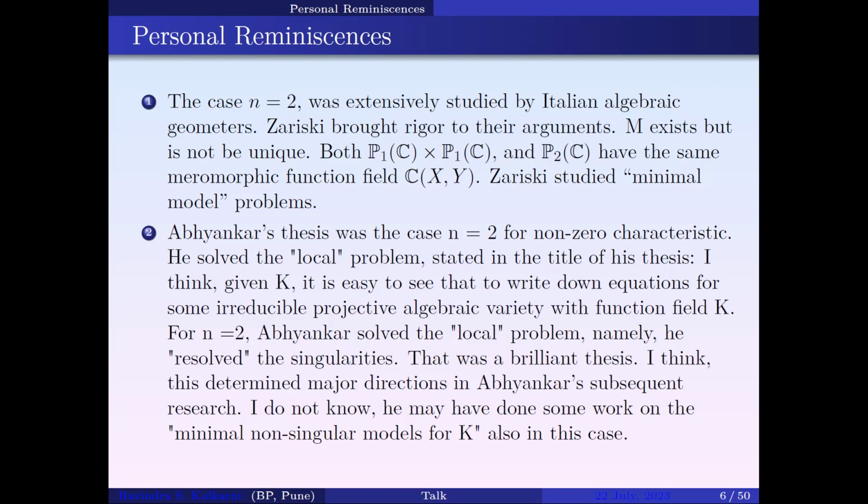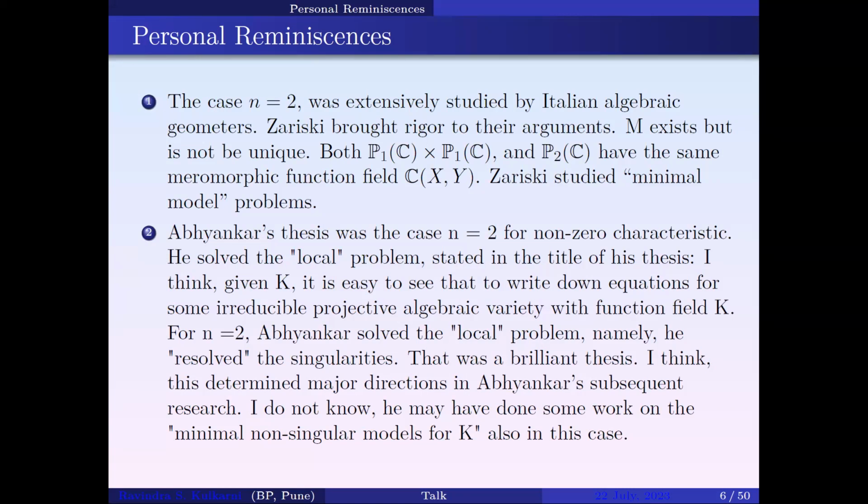And at this same time, as the title of his thesis says, he solved a local problem, stated in the title of his thesis. I think given K, capital K, you have a transcendence degree n extension of little k, and with some algebraic extension after that. This is your data. Now, from that, I think it should be possible to write down some rational functions and other things in n variables,